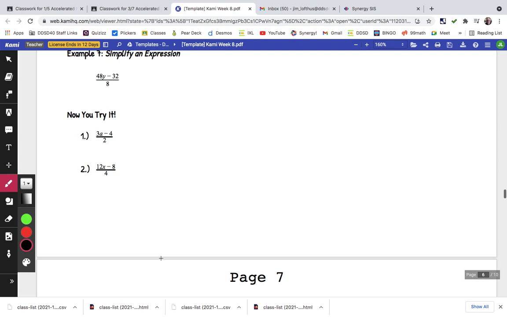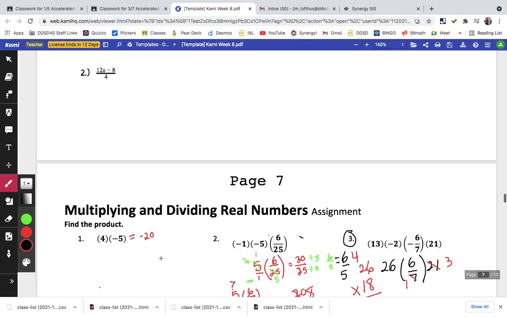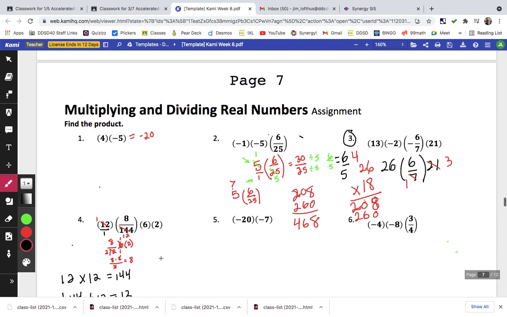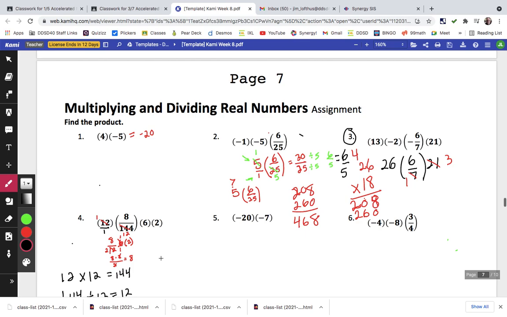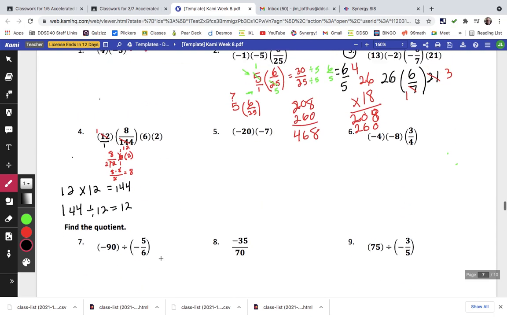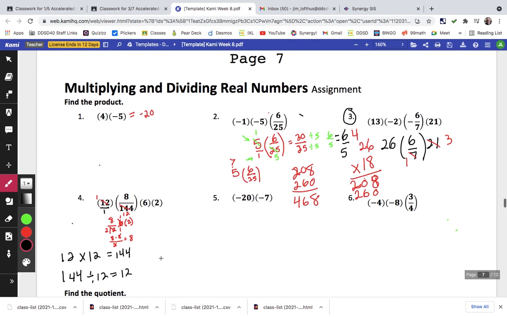All right, so hopefully you're back, and here is the answer key for, I guess, the first 4. So I'll do 5 and 6 here with you. And also the answers, if you scroll down to page 8, there they are. But let's do